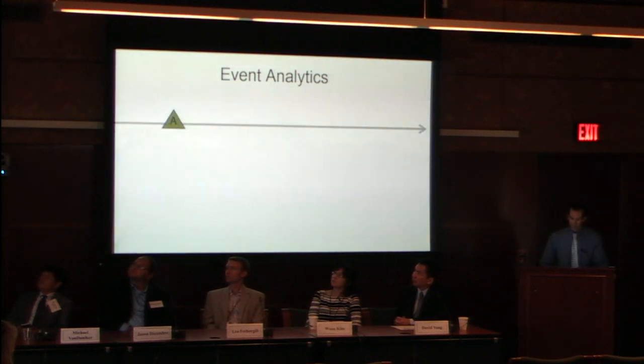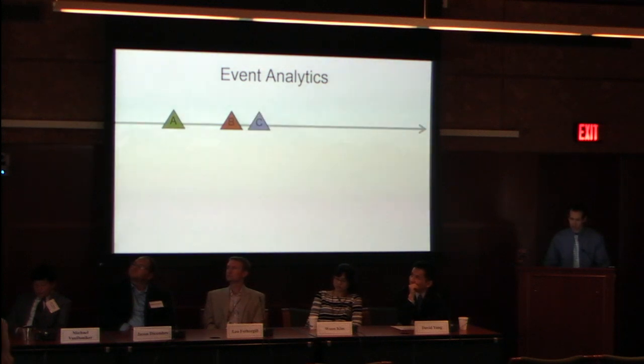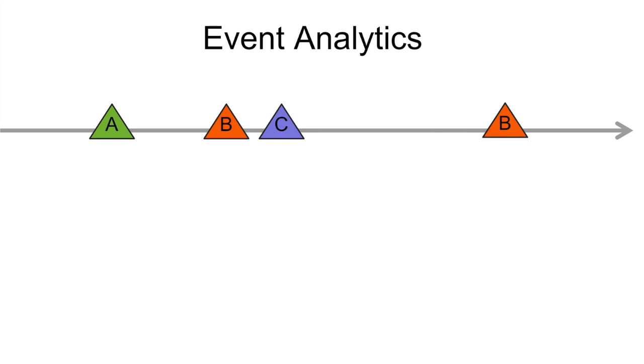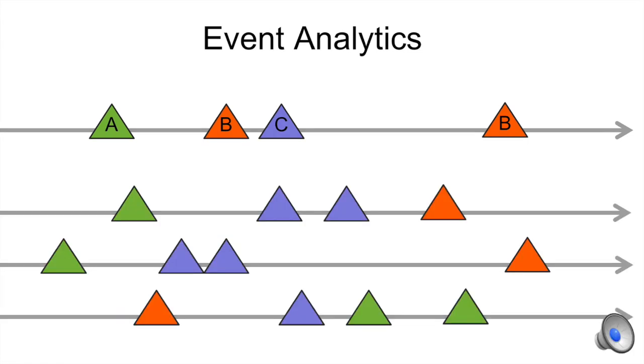So let's say we have a traffic accident that happens on the roadway and some action is taken. That is an event. This is, say, calling the fire department. Another action occurs, the fire department arrives. Another action occurs, the fire department shuts down a lane or two. And our last event would be the fire department leaving the scene. And so over the course of a day or a month or year, there are going to be